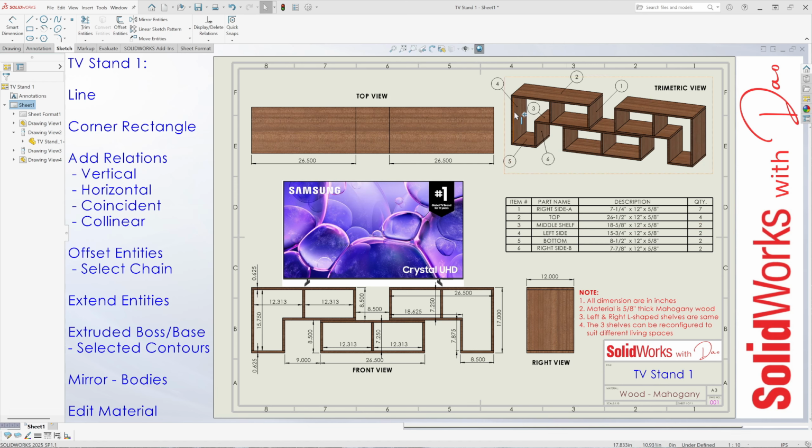Item 4, the left side, has a length of 15 3/4 inches, and a quantity of 2. Item 5 is the bottom, has a length of 8½ inches, and there's a quantity of 2. And item 6, the right side B, has a length of 7 7/8 inches, and it has a quantity of 2. Now moving to the front view, the overall height of the L-shaped shelf